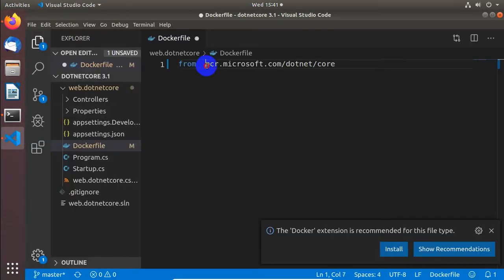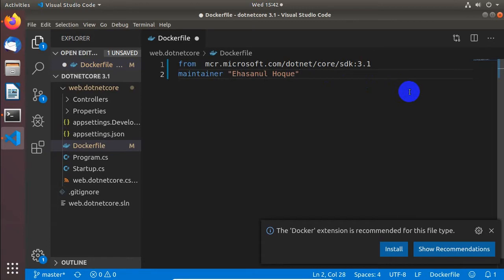So let's, we can use the maintainer also. Maintainer, I am writing my name Sanul Haq.